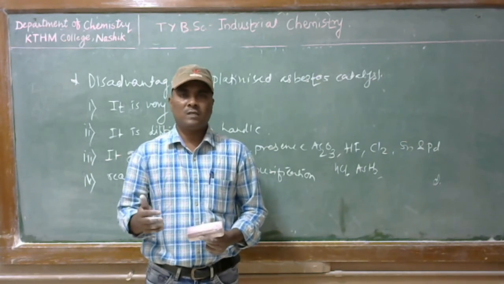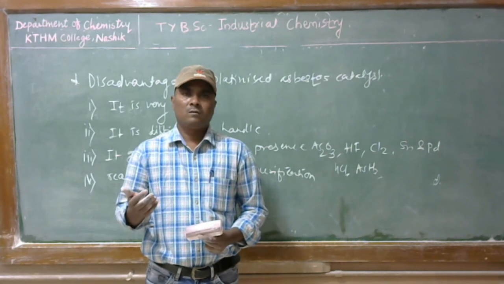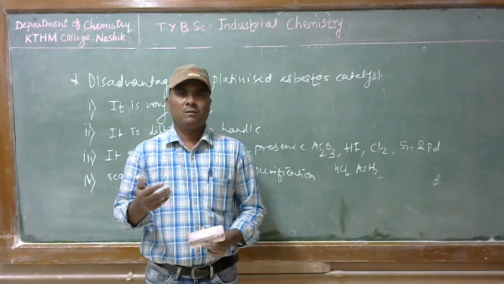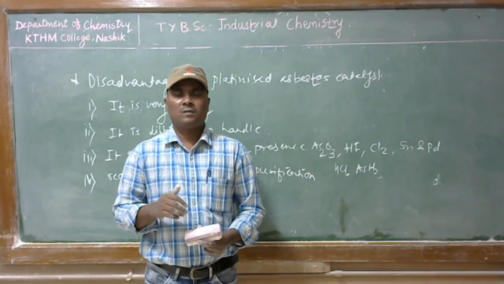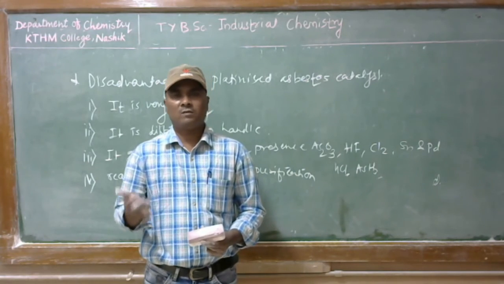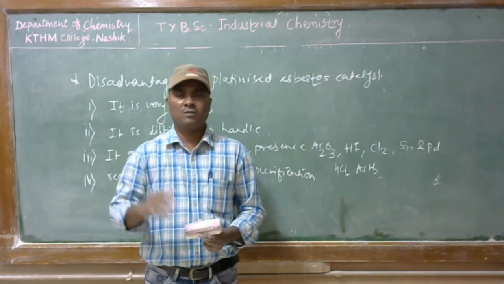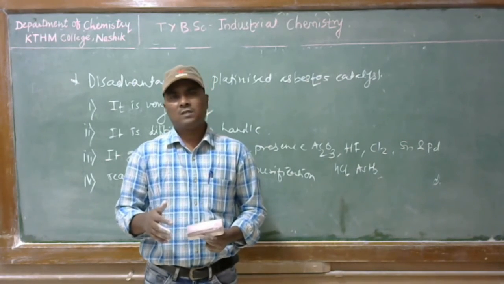And we have seen how various parameters affect the yield and the time of the reaction, such as how temperature affects the yield. We have discussed that as temperature increases, the yield of SO3 decreases, pressure increases, yield increases, high concentration favors the formation of